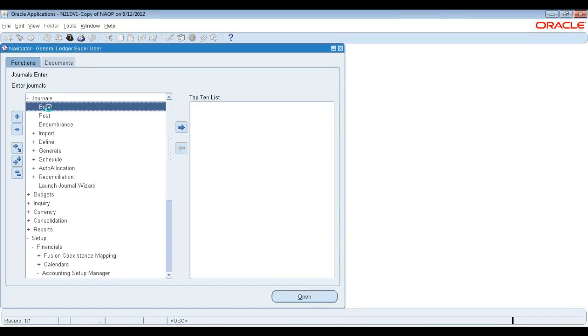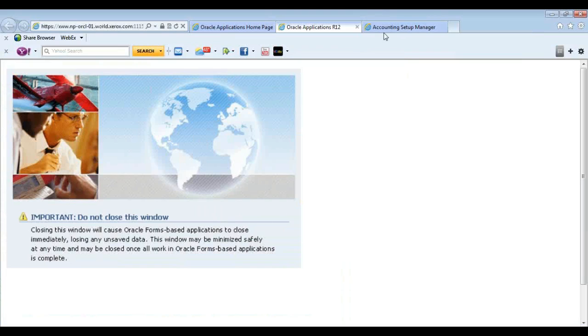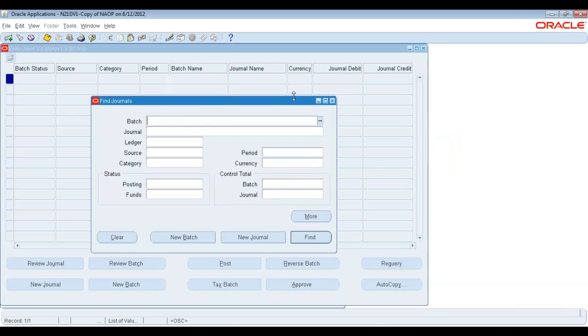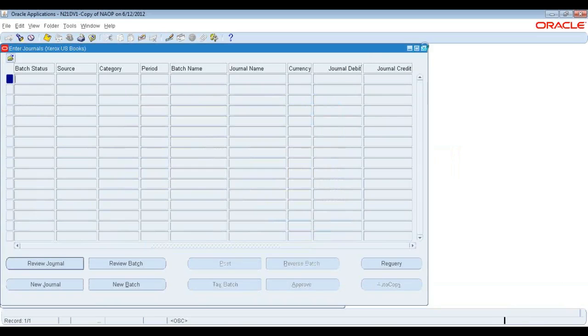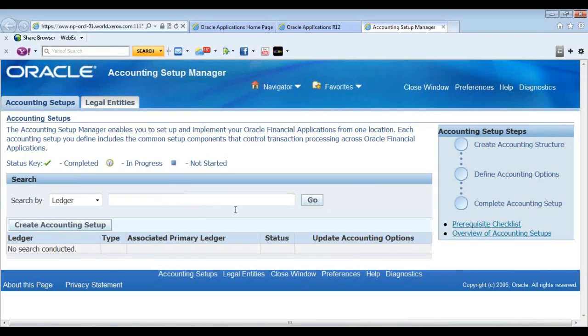When we have to enter a journal entry, go to journals and enter. When I say enter here, a form like this opens. This form is different and this form is different. This is the basic form in Oracle application. We have introduced these kind of forms which are called as